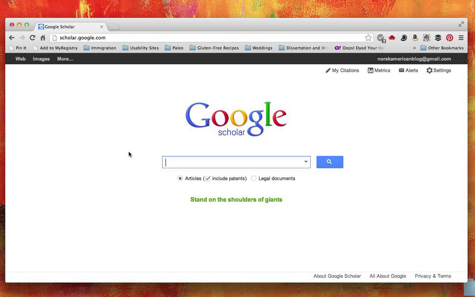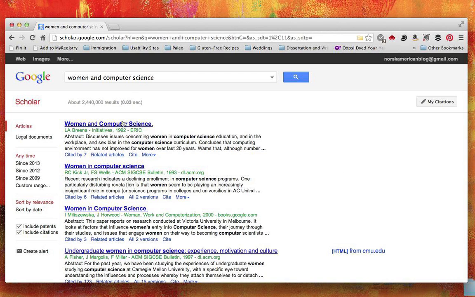But what Google Scholar does is it's just like Google, but instead of pulling everything on the internet that has your search terms, it filters the sources out and only pulls the things that are scholarly, hence the name Google Scholar. So let's use our search term, women and computer science. And the hits that come up in Google Scholar are actually going to be scholarly articles. So for example, if we click on this one,